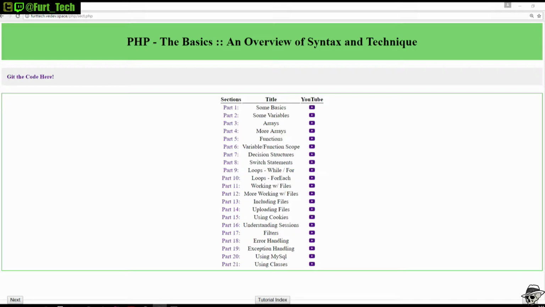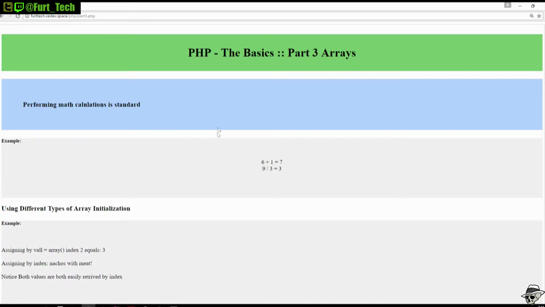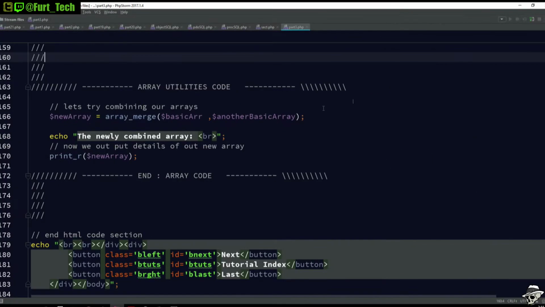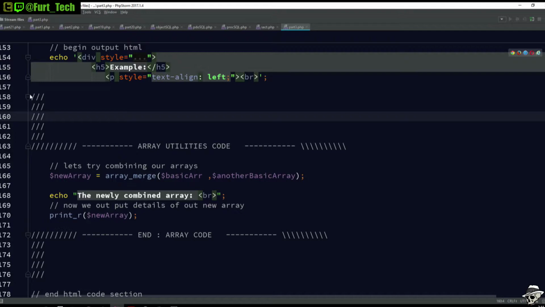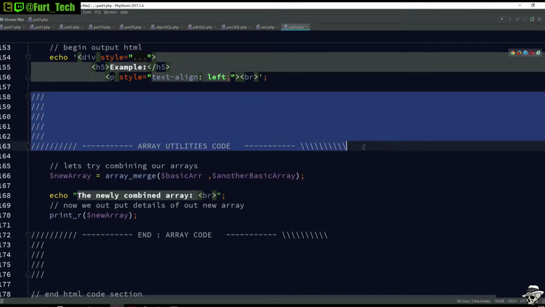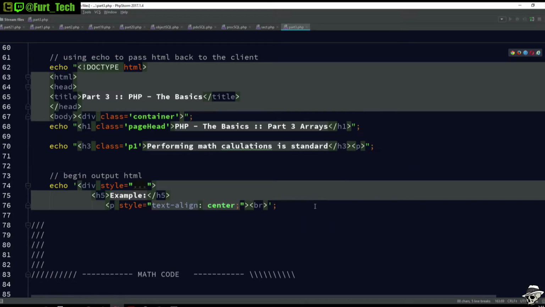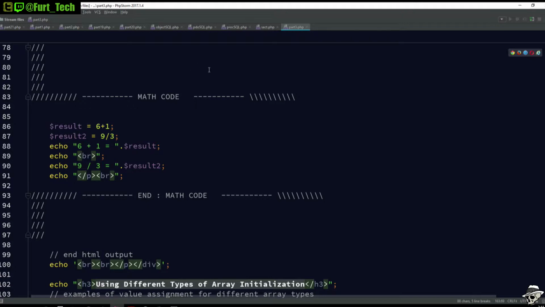Alright, so we're going to go ahead here and navigate to part 3. As you can see, I've now added the quick link for the YouTube videos for reference. And take a look at our code. So just remember, of course, that we are looking for the code segments between my little commented bracket that I created. So the first thing we're going to talk about is the basic math functionality in